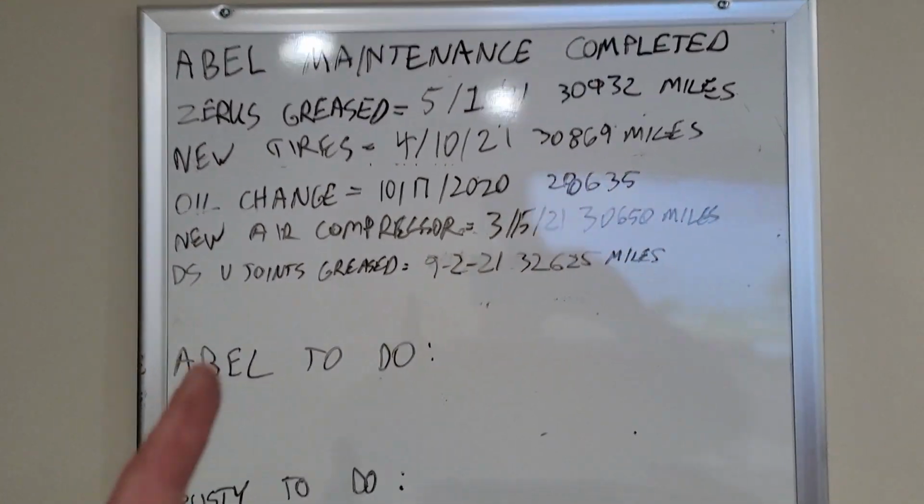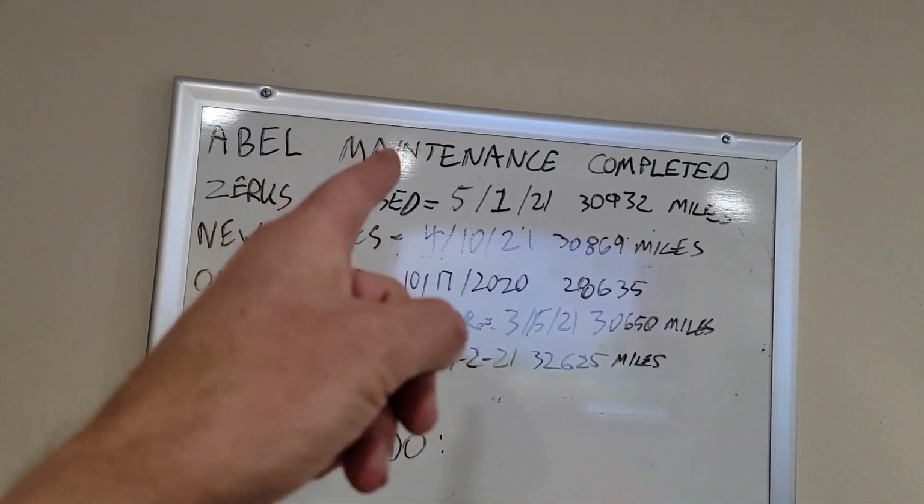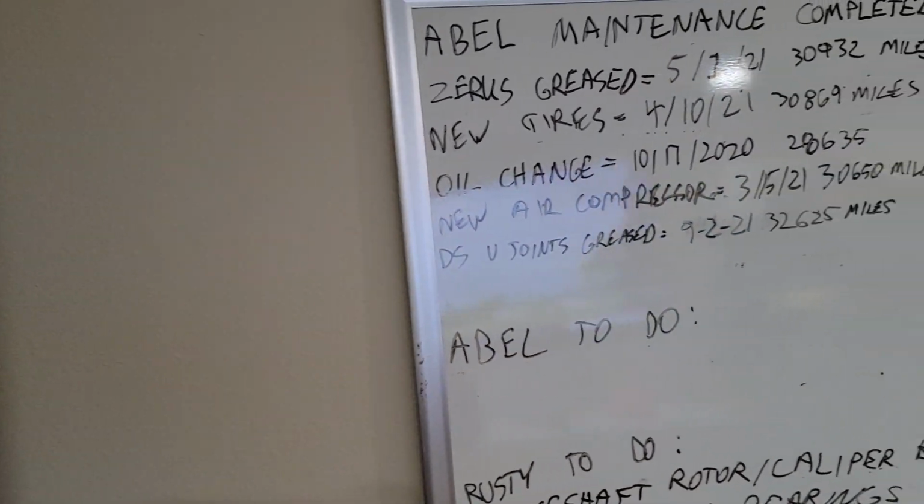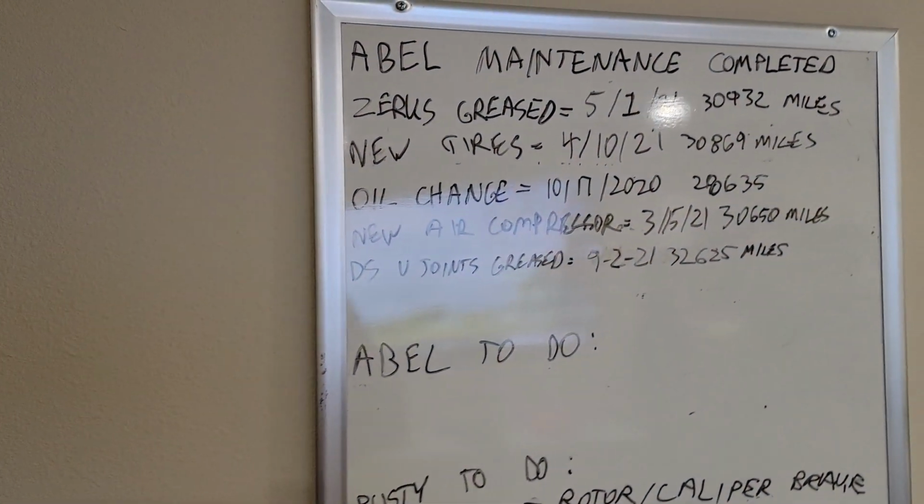So, as you can see here, if you can avoid looking at the reflection of the light in there. Here, let me dim this down a bit. Maybe that'll help. Oh, that made it worse. Anyway,